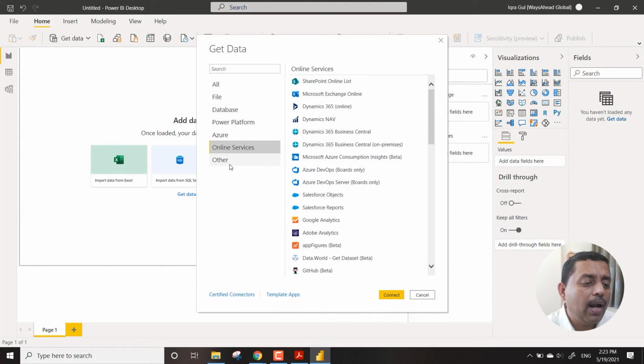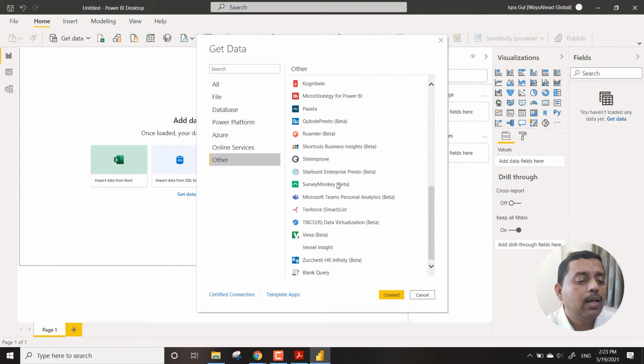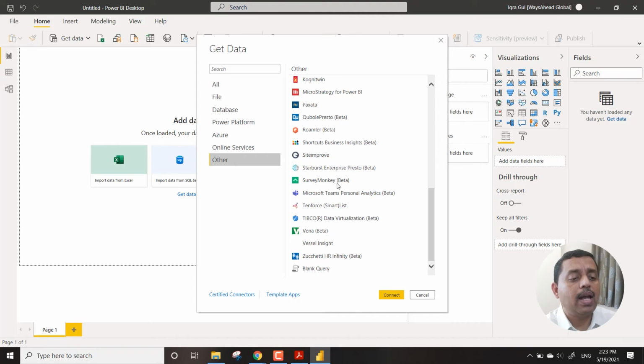And then we have some other data sources like R, Python, and OData feed. You can connect to Active Directory also and get some details. So a lot of data sources, and apart from all these, you have something called blank query, wherein you can type your connection string and query and get the data directly over here. That's also a possibility.